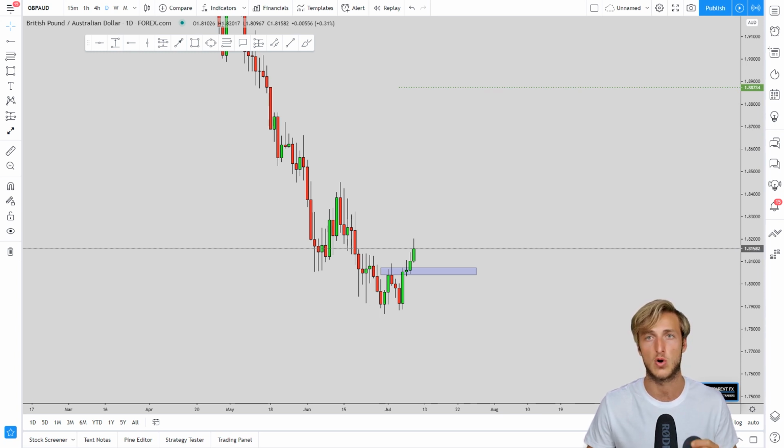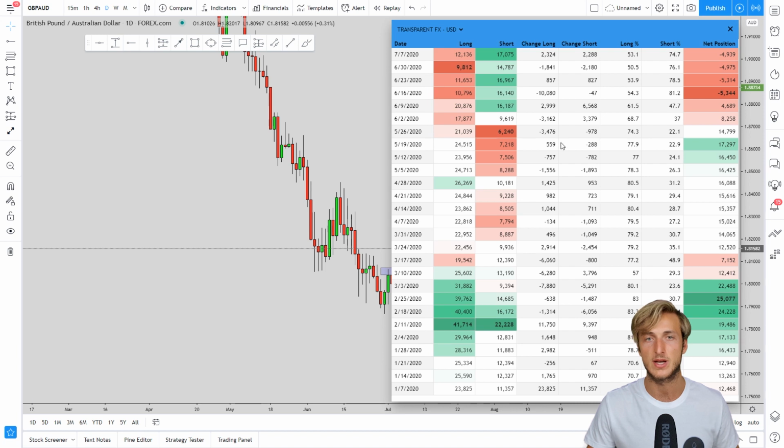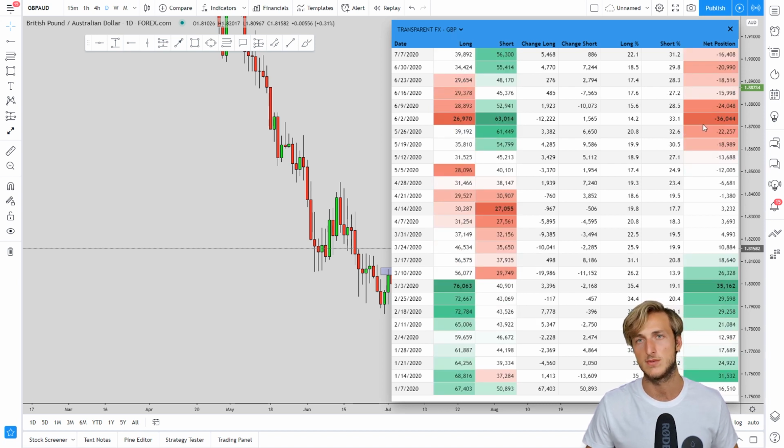So commitment of traders: what the biggest banks and institutions, the non-commercials in the market, are currently doing, how are they positioned, and how their orders are changing. So let's go and get the data for the GBP. So what we can see